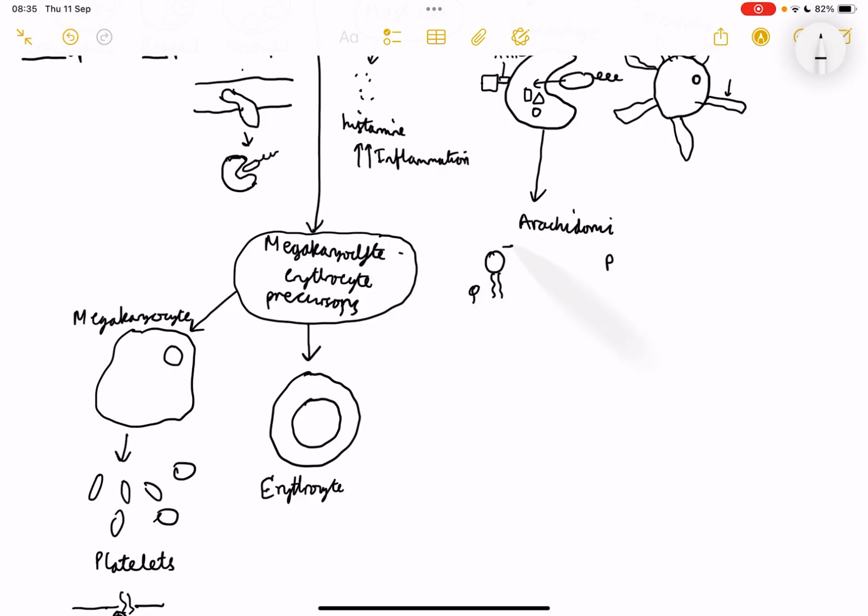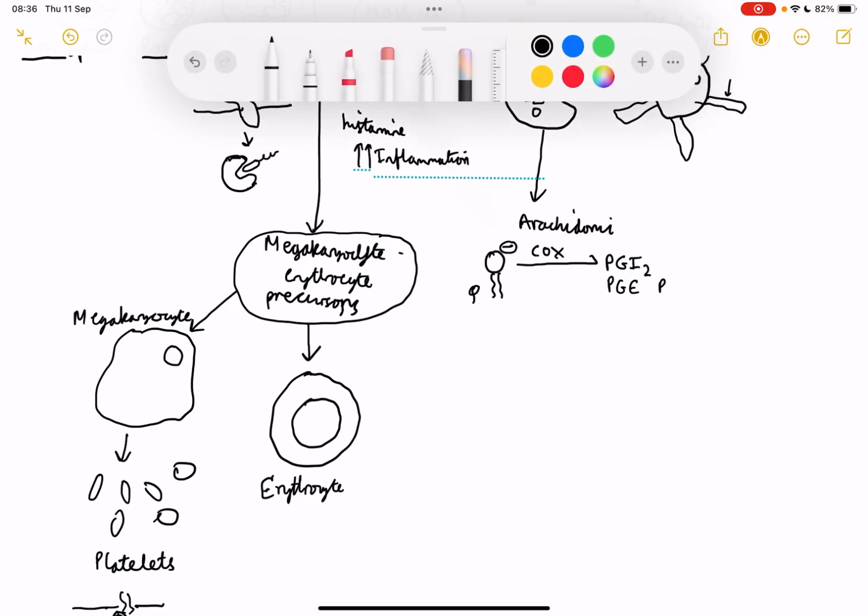And this is its hydrophilic, negatively charged ionic phosphate head. So this can be converted by cyclooxygenase into prostaglandins, including prostacyclin, for example, that's involved in pain. And so this is prostacyclin, but there are others like PGE, PGD. So I'm just going to write them in this order and I'll explain why in a second. So PGD, PGE,